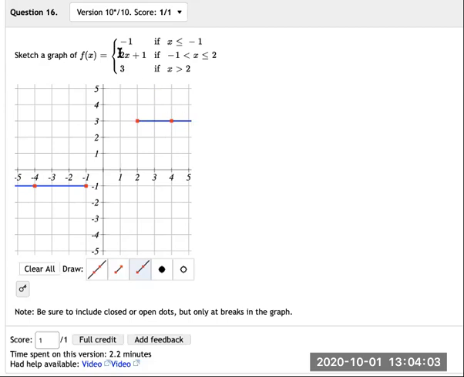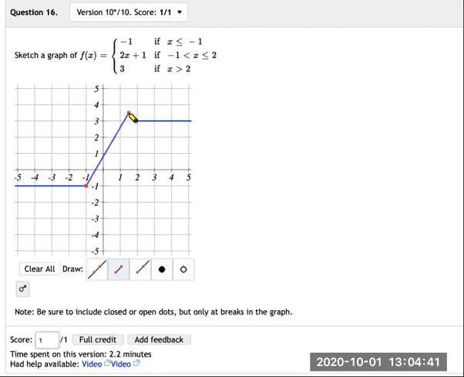So far, so good. The middle, you notice, is a linear function. And I see that the y-intercept is 1 and the slope is 2. But I'm restricted between -1 and +2, so I need to use the line segment tool. I know that I'm going to cross through (0, 1), that's the y-intercept, and then I'm going to go up 2 over 1, or you can look at it as down 2, back 1. Either way you look at it, we know it's going to cross through this point,